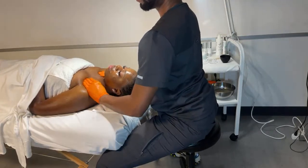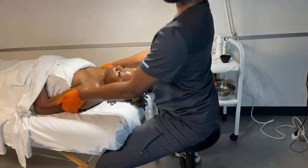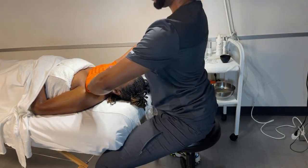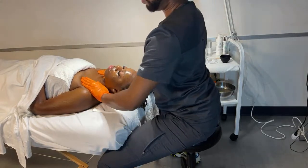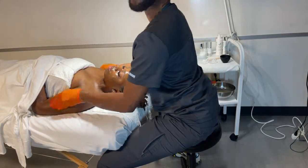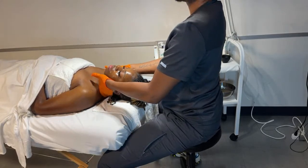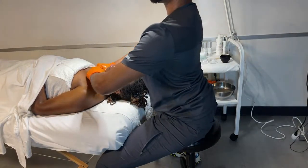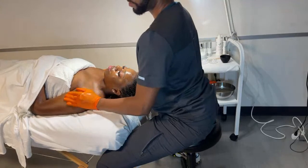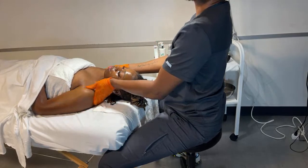Friction 1, 2, 3, 4, down 5, 6, 7, 8, up 1, 2, 3, 4, flip, and again. Friction 1, 2, 3, 4, down 5, down 6. This is a moderate pressure. 8, and up to the back of the trap, sternocleidomastoid, flip down. So I do everything in 3s. 2, 3, 4, 3, 2, 3, 4, going up to the traps, pressure,